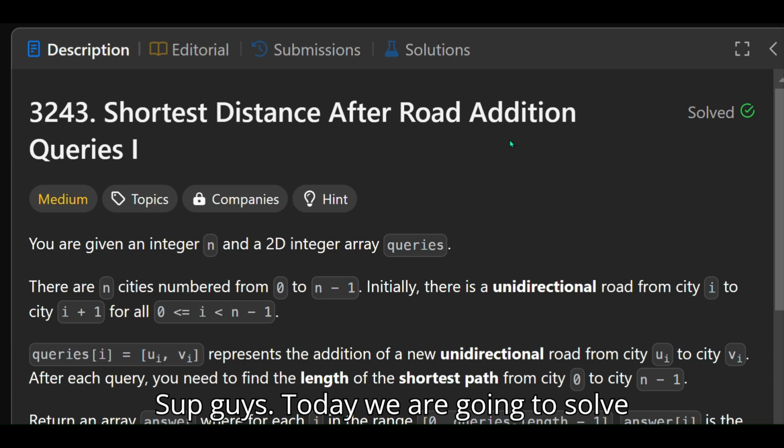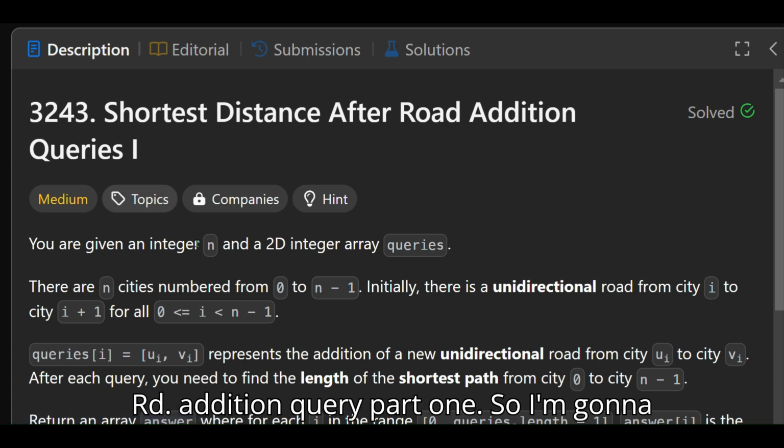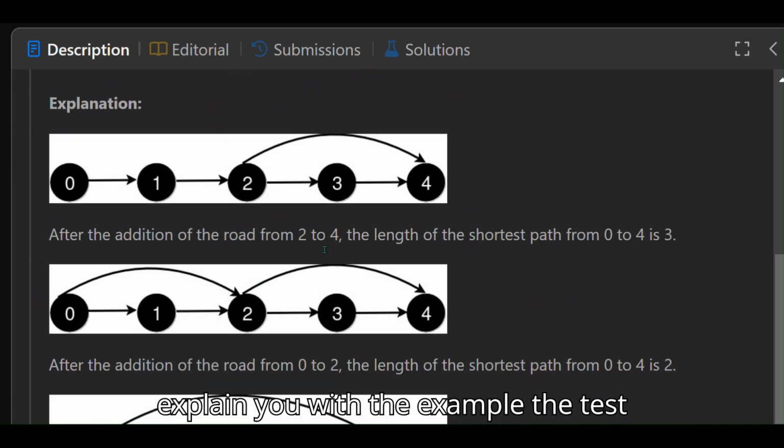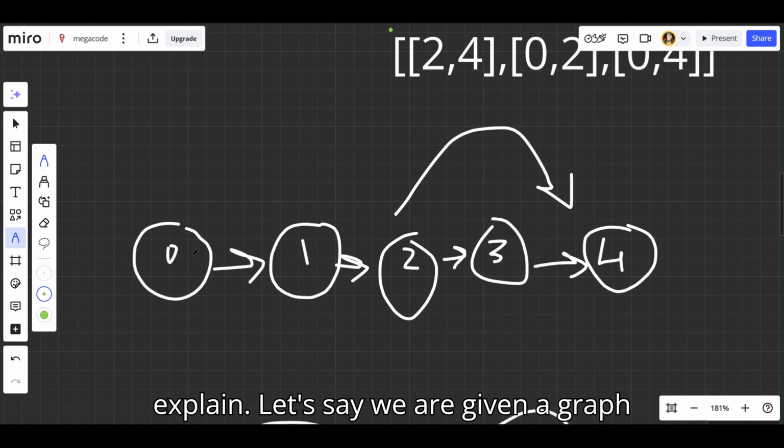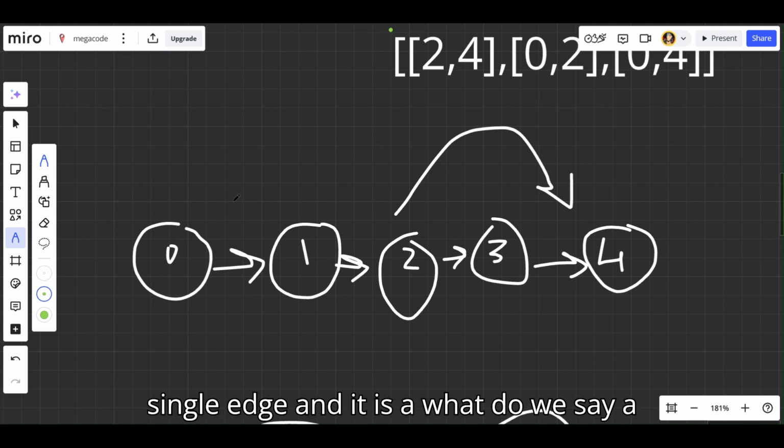Hey guys! Today we're going to solve this question, Shortest Distance After Road Addition Queries Part 1. So I'm going to explain with Example 1 what this question wants from us. Let's say we are given a graph like this, which is connected with a single edge, and it is a